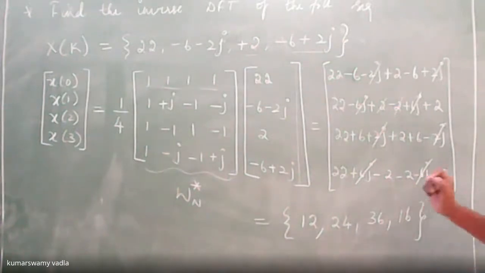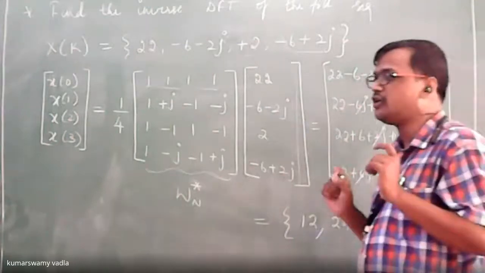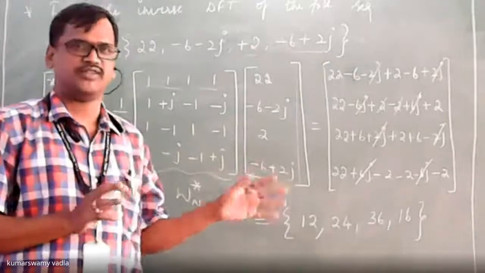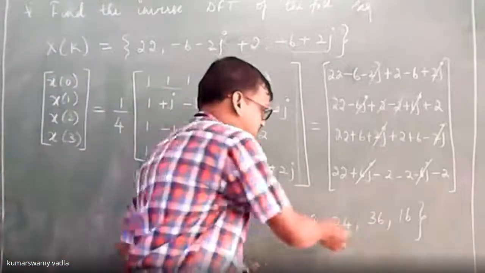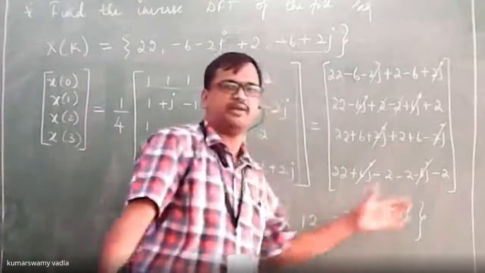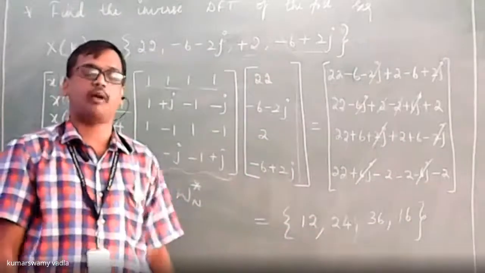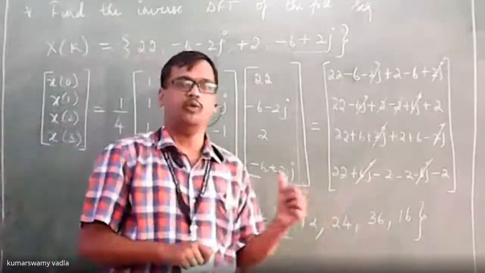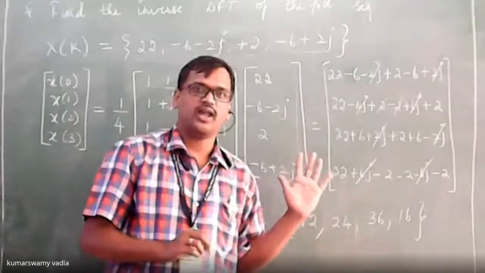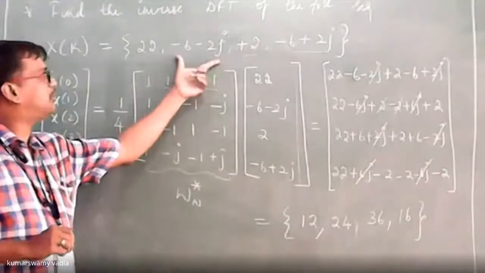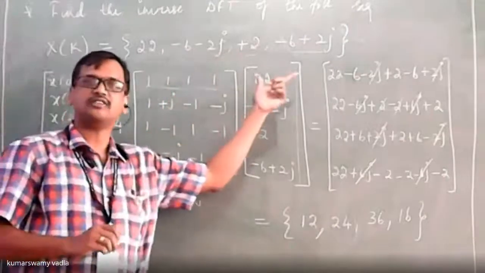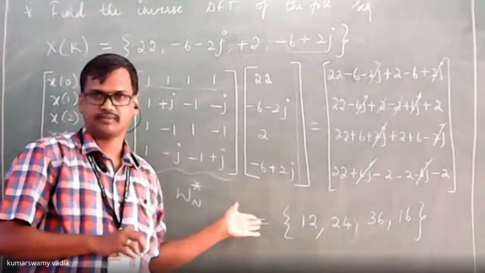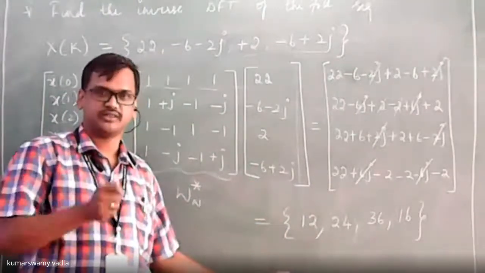Yes, sir. And one more thing to be noted, friends. Point to be noted here is, if during your calculation something goes wrong and you get some j term in any one of the sequence, then that problem is wrong, because in time domain you won't get a j term. Only in complex domain, that is in frequency domain, in X of k, you get the j term. Is the point clear here, students? Yes, sir. Have you noted down this?